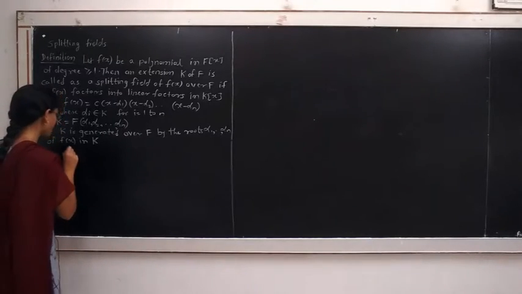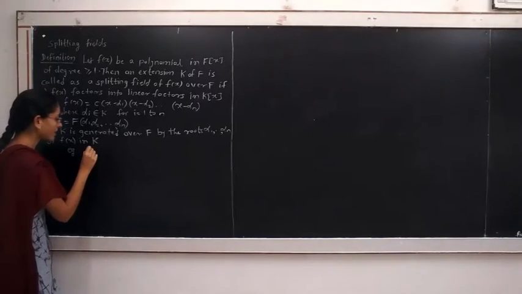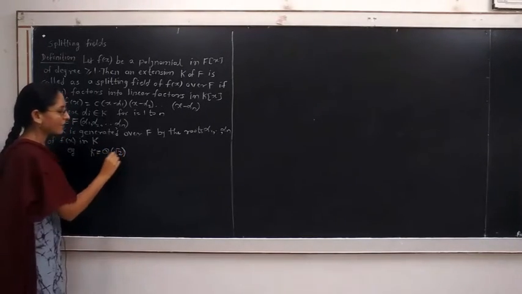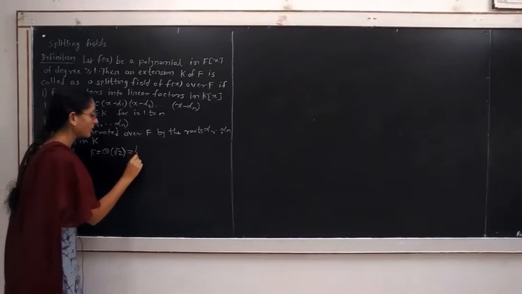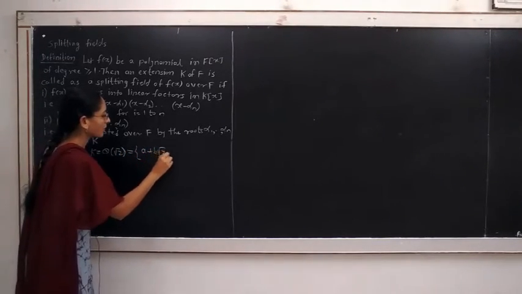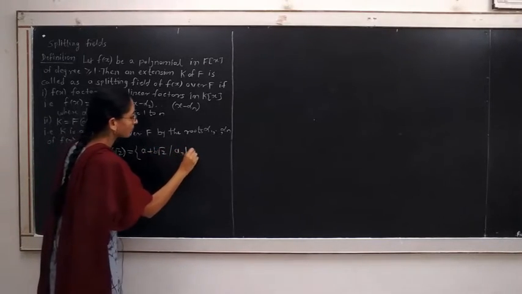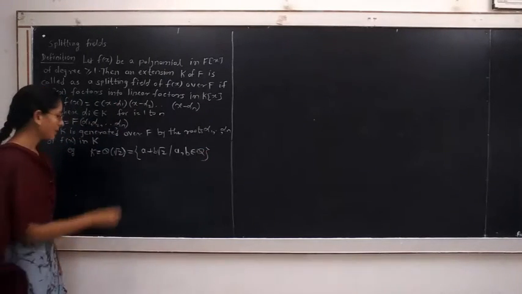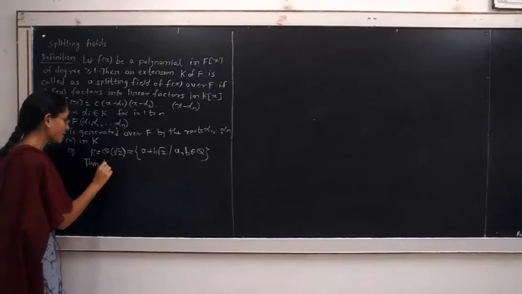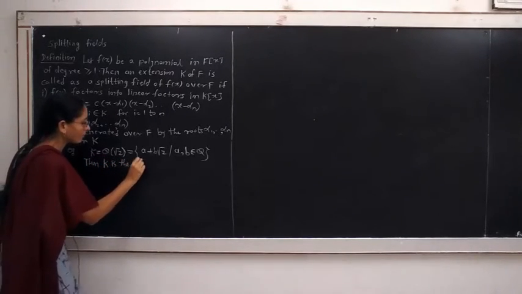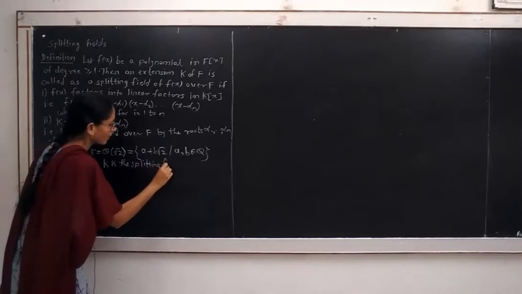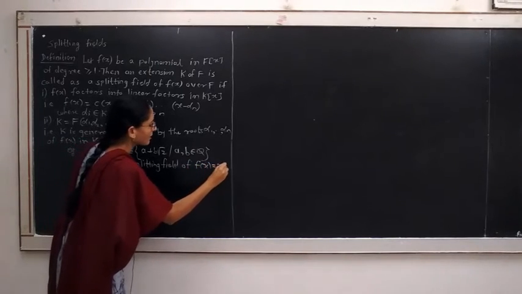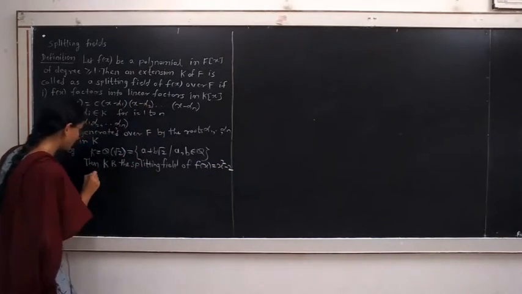For example, if we consider the field K equal to Q(root 2), the elements of the field K are of the form a plus b root 2, where a, b belong to Q. Then K is the splitting field of the polynomial f(x) equal to x square minus 2 over Q,